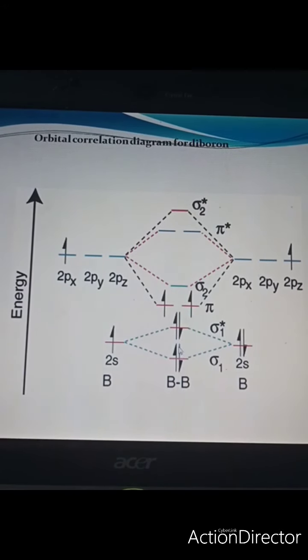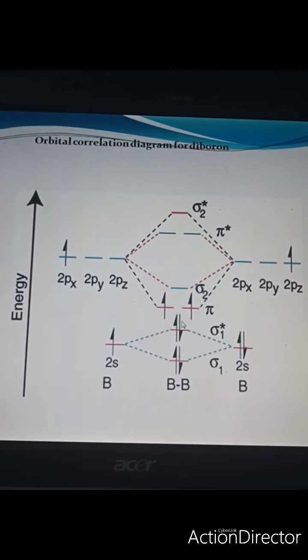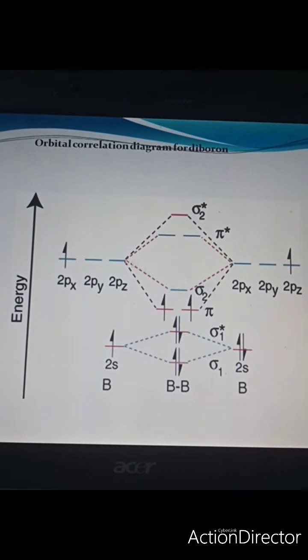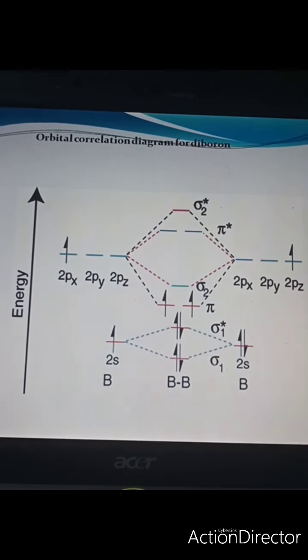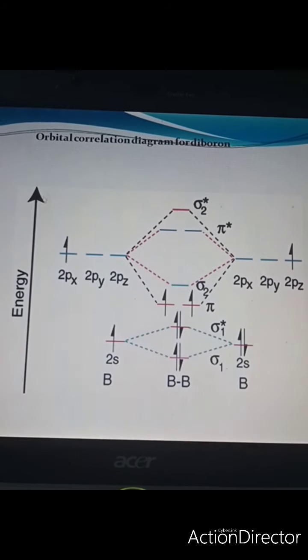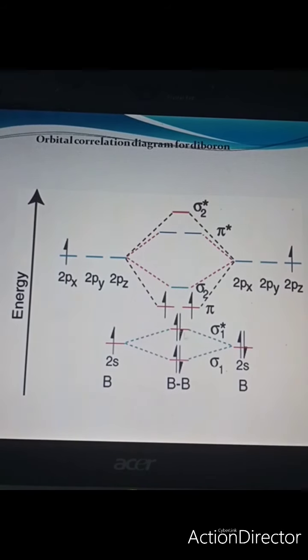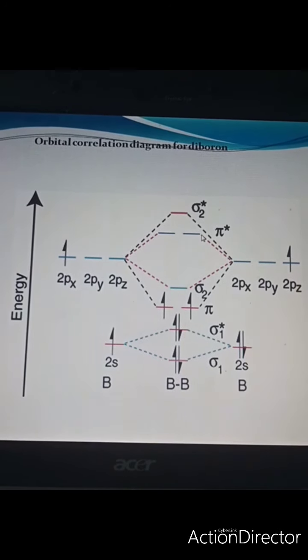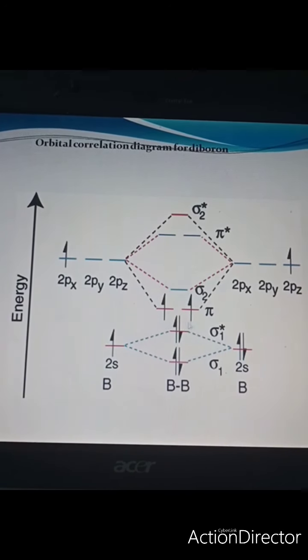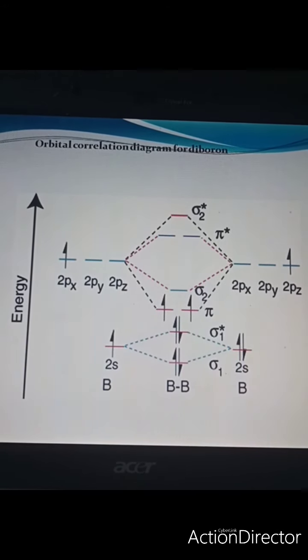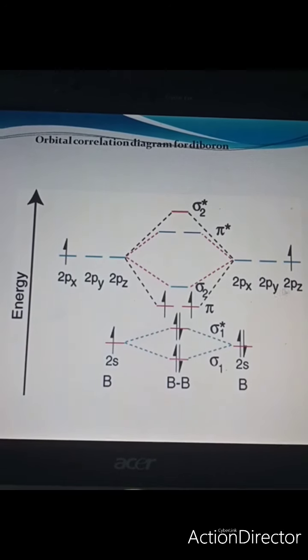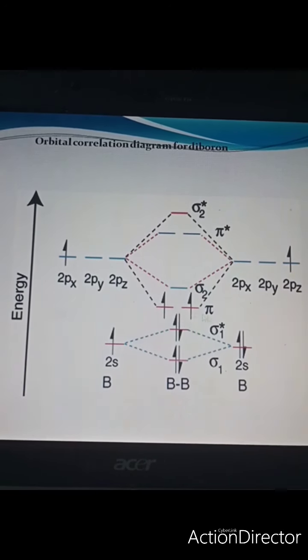First the bonding molecular orbital will be filled and then the anti-bonding molecular orbital. Now in p there will be 2p1, because the configuration is 1s2, 2s2, 2p1, so 1 electron in each boron atom. When bonding occurs, the molecular orbitals will be as per the 14 electron rule, that is, the pi orbitals will come first and then the sigma orbital. So these 2 electrons will be occupying the